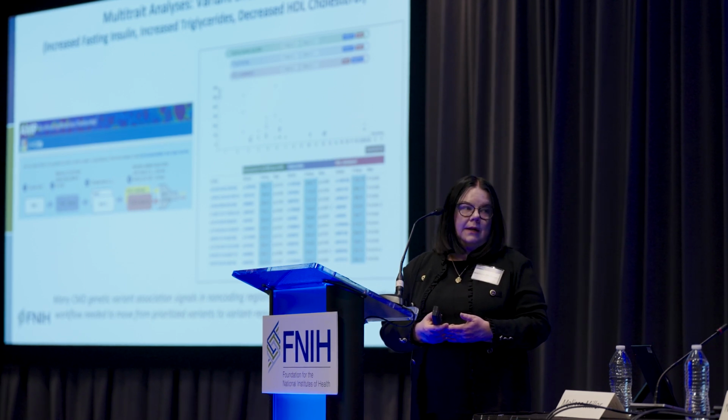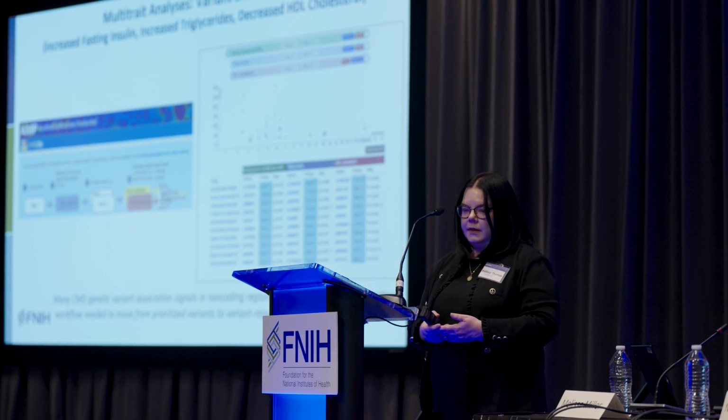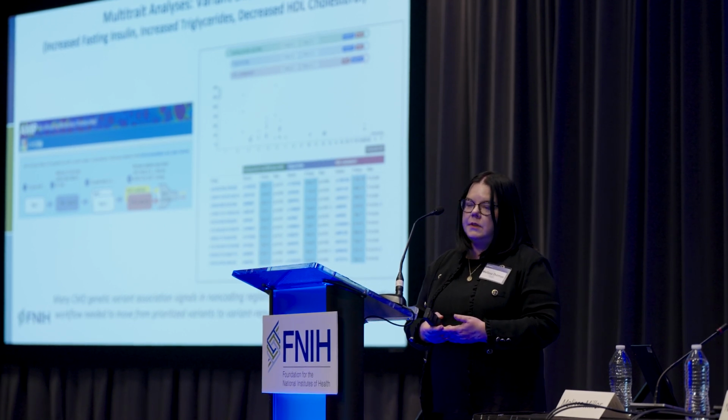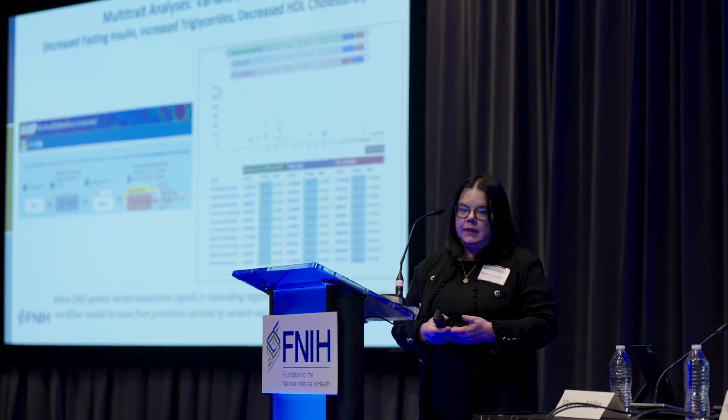But as you've heard from Kyle and others, many of these genetic associations that we find are in non-coding regions, and it's difficult to know what the target gene is associated with a particular genetic variant once you've built a list like this. And so this additional target prioritization workflow needed to move from the prioritized variants to variant-regulated genes and then to the potential targets. And that's really where this aspect of the portal and the project integrates with what you've seen on the work on single-cell and epigenetic data generation, both in healthy tissues and in diseased tissues.